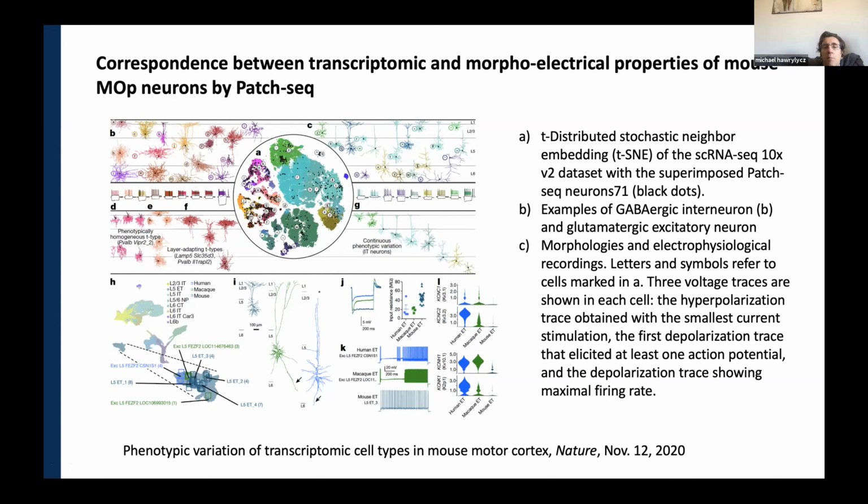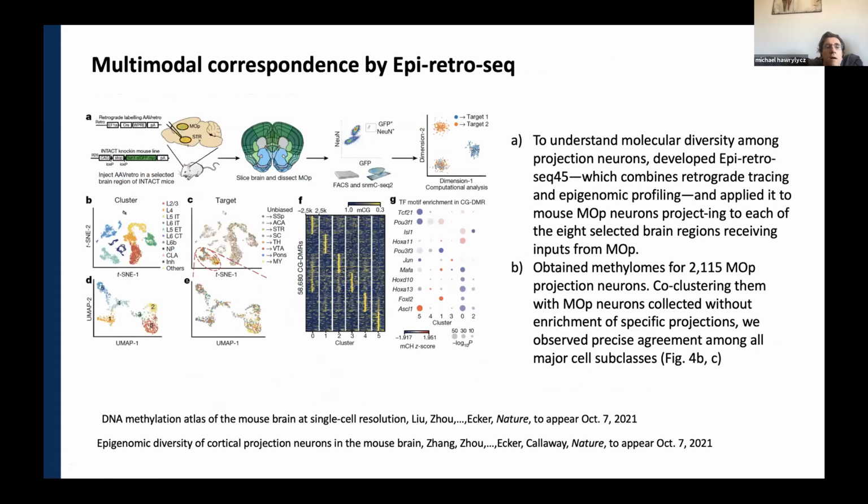Certainly another important thing is understanding the epigenetic landscape of these data. Here, in two different studies, both of which appear as companion papers, there's an atlas, also called the SEMBA atlas, which comes out of the Ecker lab, a study of DNA methylation in the mouse brain at single cell resolution. These are data in NEMO, and I know we'll be hearing about some of this data today.